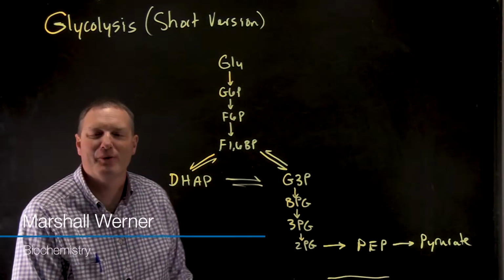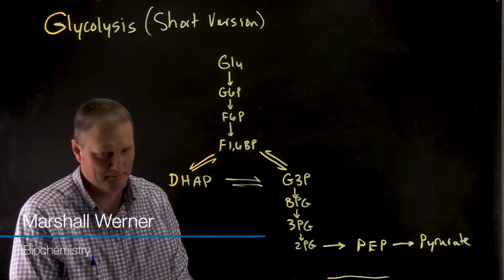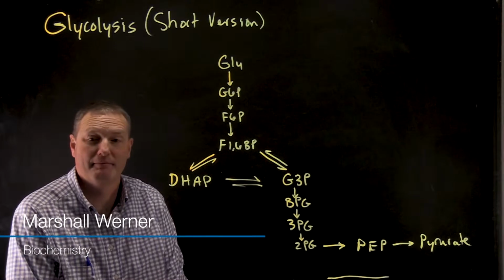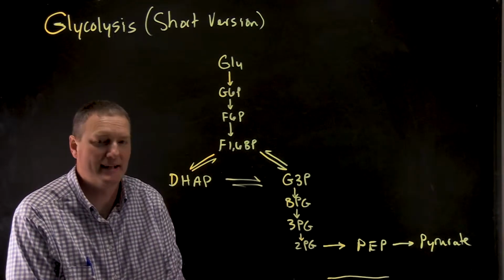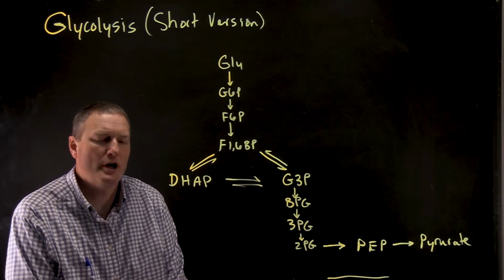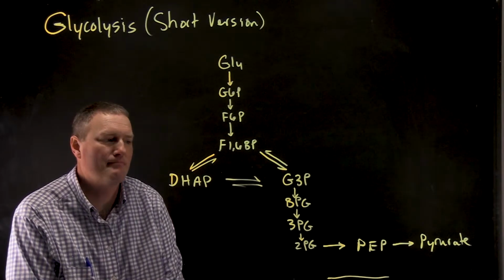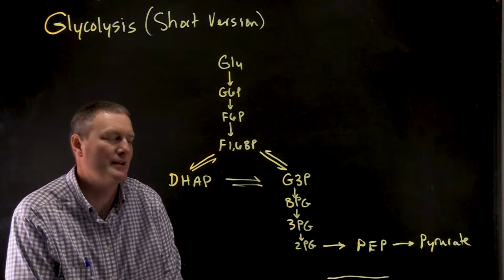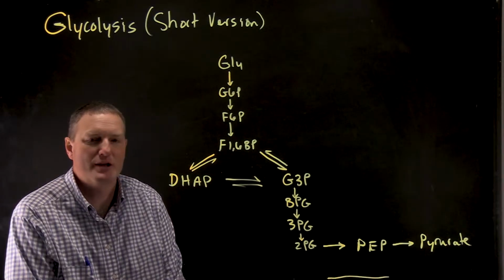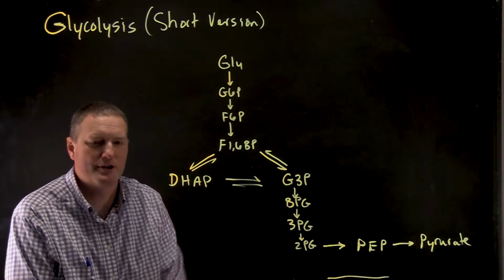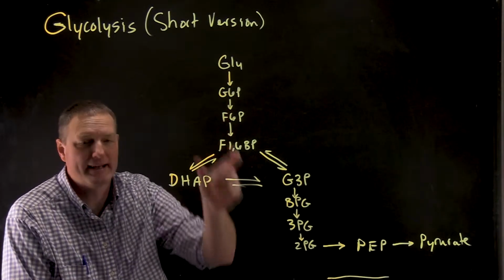Hey everyone, in this video we're going to look at a quick and easy way to start memorizing the figures that will help you understand glycolysis. So recall that glycolysis is 10 steps, individual steps with 10 different compounds involved. And what I've drawn out is a shorthand version of glycolysis where I've abbreviated each of these with